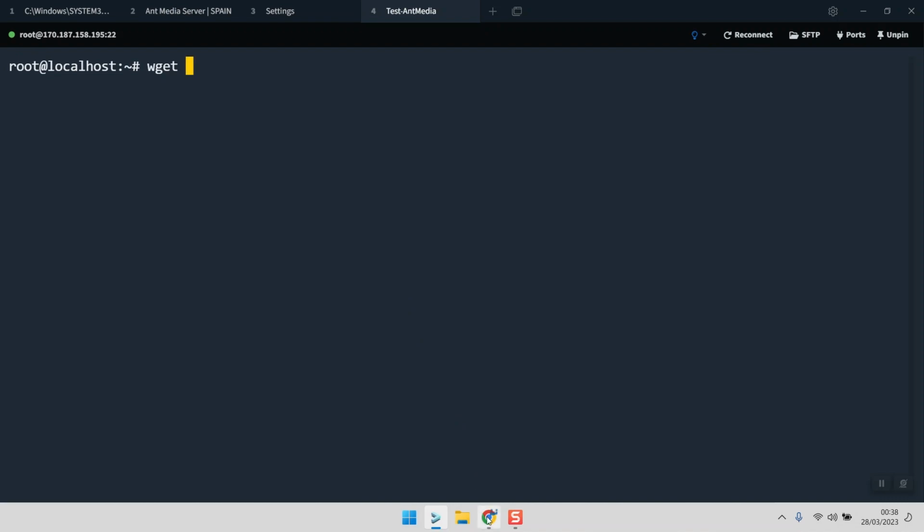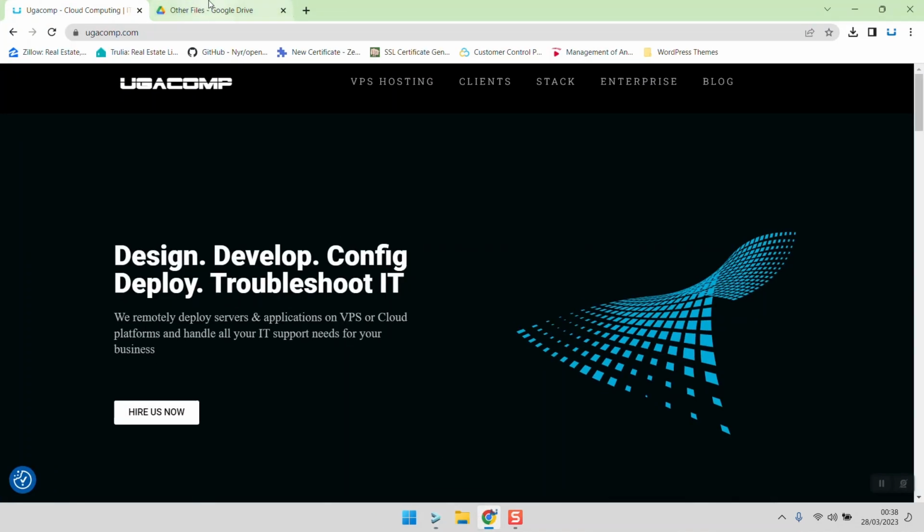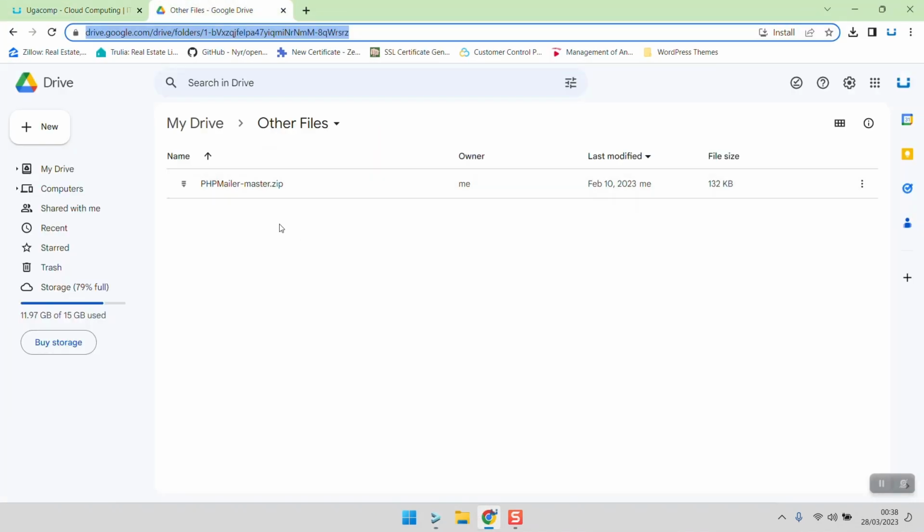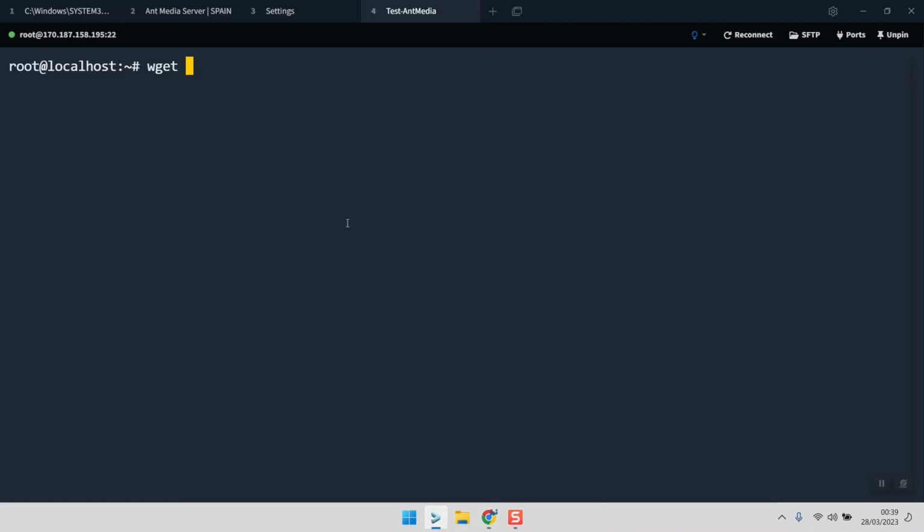For example, I have a file on Google Drive. It is PHP mailer, and I wanted to download this file using my Linux terminal. How do I do that? When I try to use,